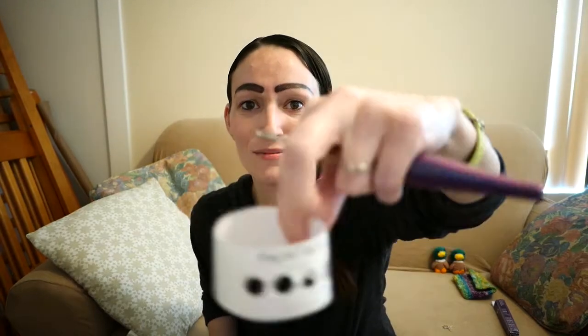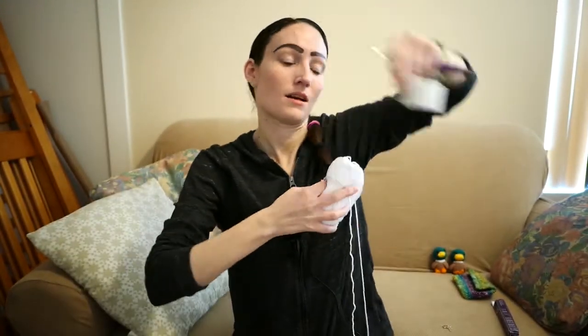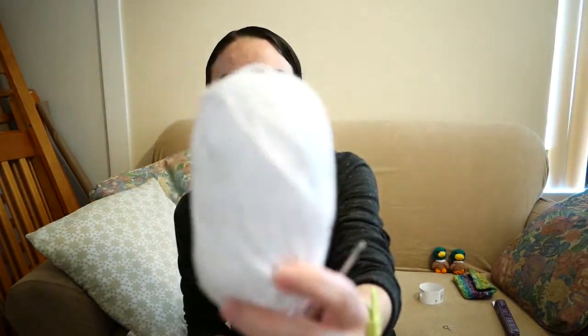using this color Paper White. It's Paintbox yarn. I always try to show you the label, but the camera never wants to pick up on it. It's the Cotton DK yarn. It's just plain white. I'm making an eagle,